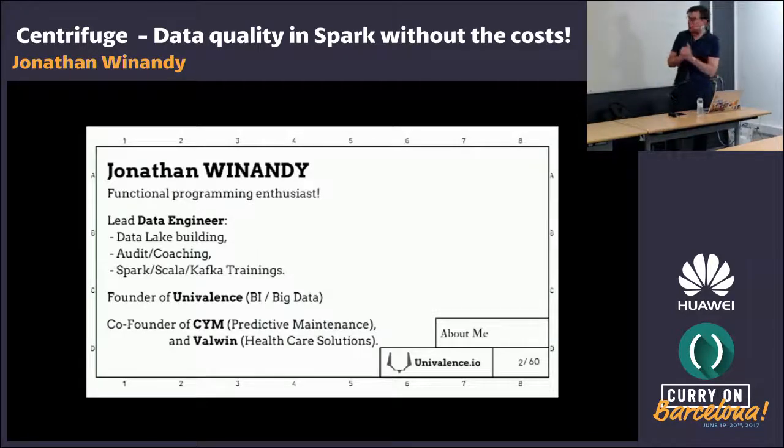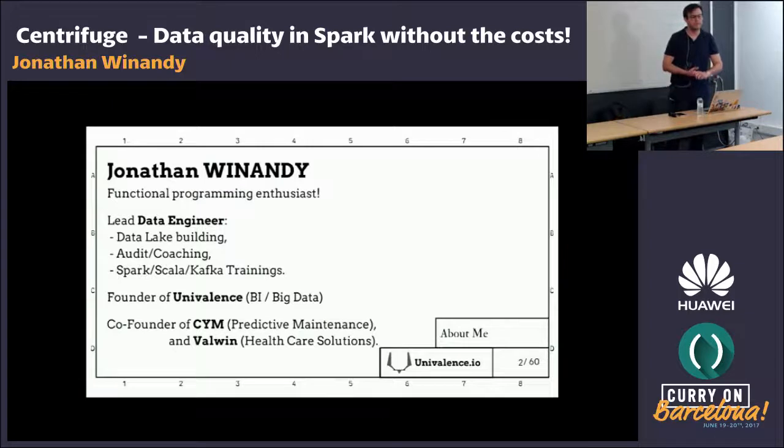So a bit about me. My name is Jonathan Winandy. I'm a functional programmer. I spend most of my years in Scala, but I also do Clojure as well. My day job is mainly data engineering in France, where I coach teams around data lakes.